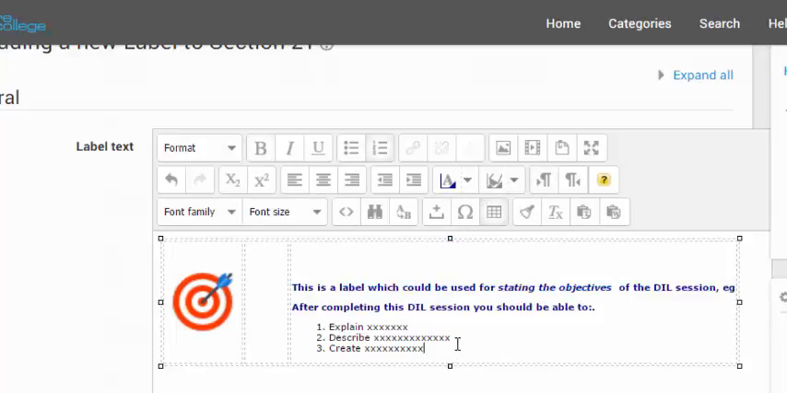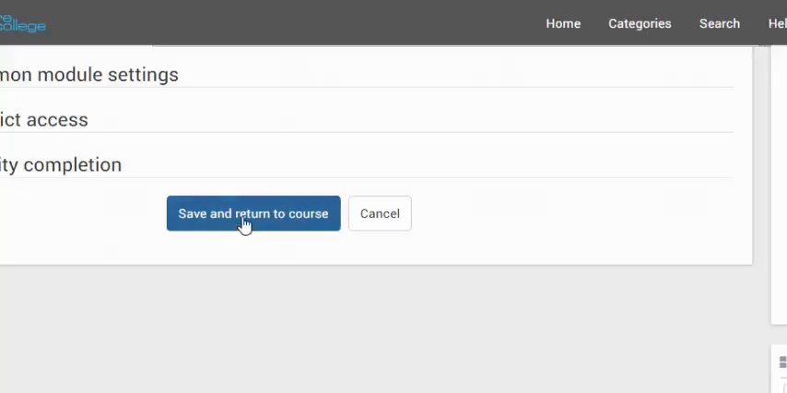It's already bold. And then you can go in and change the text to represent what you're doing in this session. Explain something, describe something. You get the idea. So the label's in place. It's in the right place. It looks fairly decent, and I just changed the text to represent the objectives for the session I'm working on. Just press save,